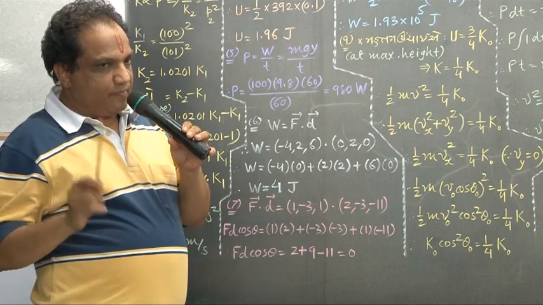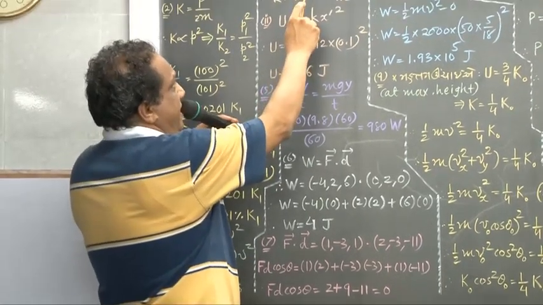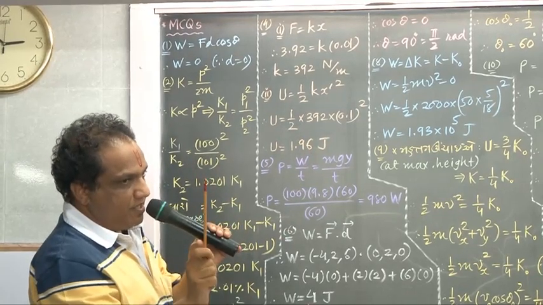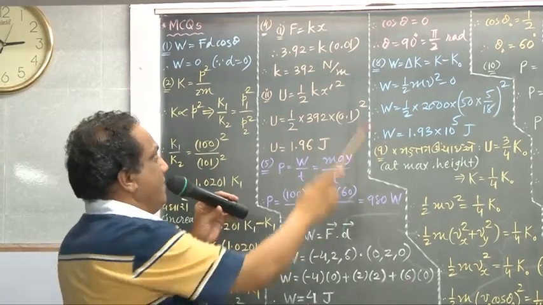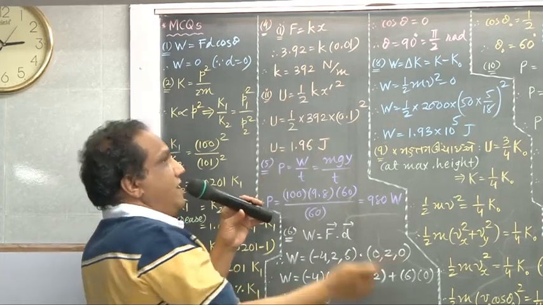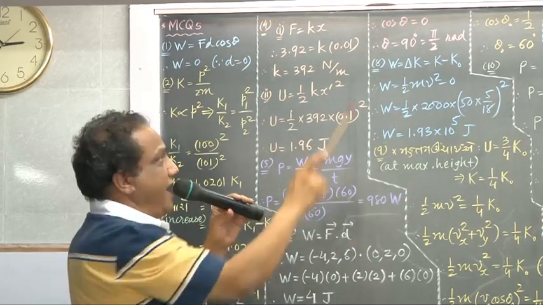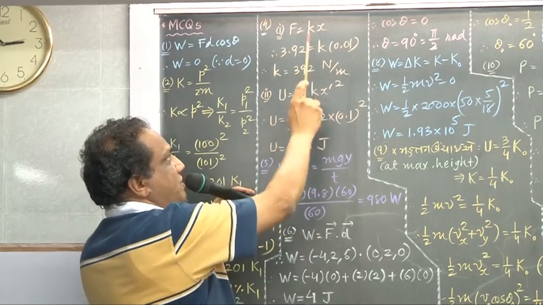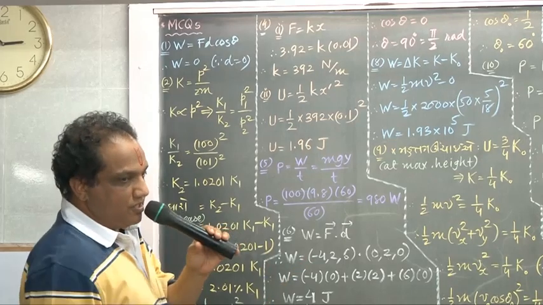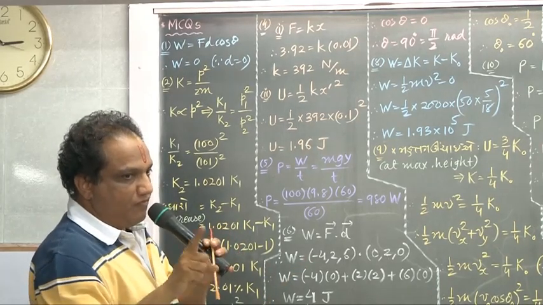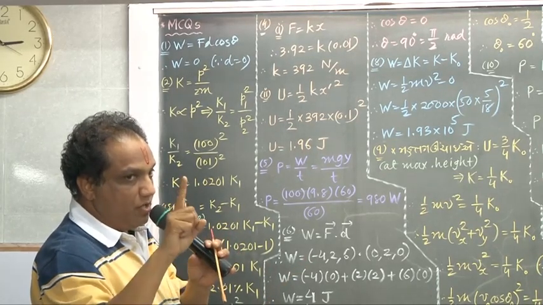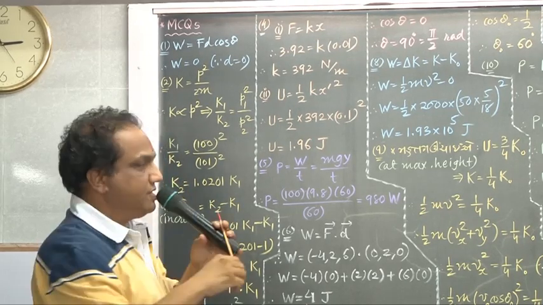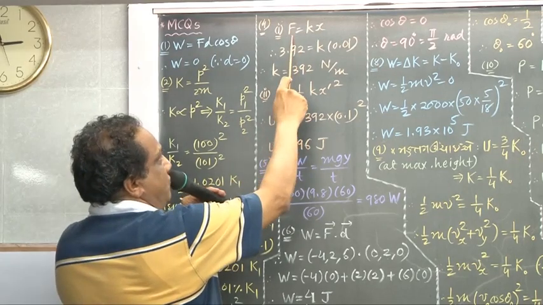For an elastic spring having force constant K, if you want to increase its length by a unit amount, then the amount of force required is K. If you want to increase its length by amount X, then the external force required is F equals K into X. What is small k? Force constant. It is the external force required to increase the length by unit amount. For increasing the length by X amount, you should multiply by X. So K into X is the external force required.